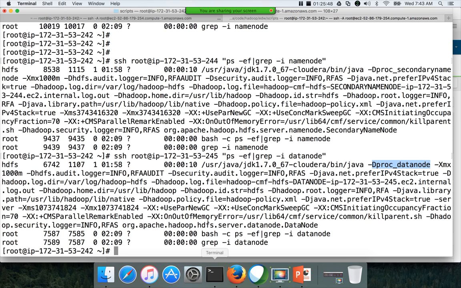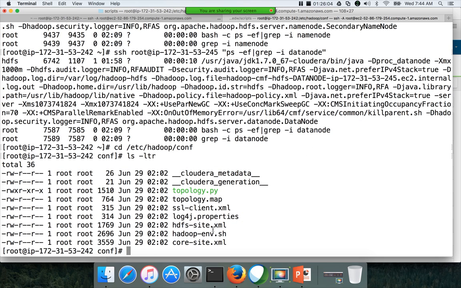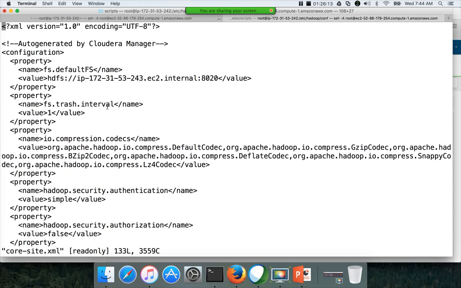So here I'm on 242. If I run this ps -ef command for name node or data node, you will not see anything. But if you go to /etc/hadoop/conf, you will see parameter files such as hdfs-site, hadoop-env.sh, core-site.xml, log4j.properties. And if you open the core-site.xml file, there is a parameter called fs.default_fs, which will tell where our name node is. So by using this information,